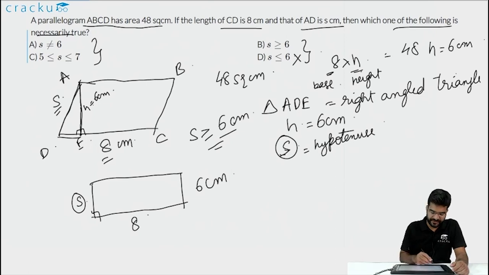This is definitely not true. The second one is S is not equal to 6. This also is not necessarily true, because as we discussed earlier, if it is a rectangle, then S will equal exactly 6. The third one that you can strike out is option C, which says that S has to lie